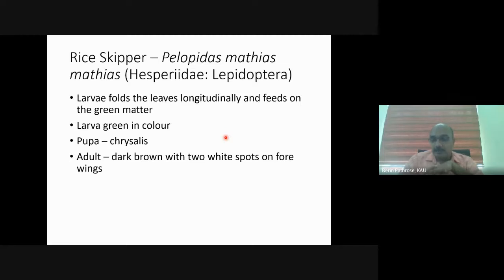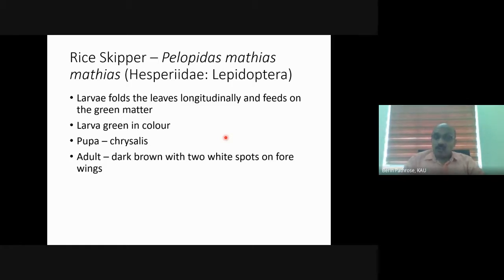This is a very minor pest. The larvae, we don't need to manage all those things. These insects will be present all throughout the crop, but it doesn't cause much economic damage to the crop. So we usually advise the farmer not to go for spraying of this pest, but you have to identify, because sometimes these minor pests can become major, maybe after 5-10 years, because of some changes in cropping pattern, climate, etc. So that we are not sure. That's why we are teaching all those things.